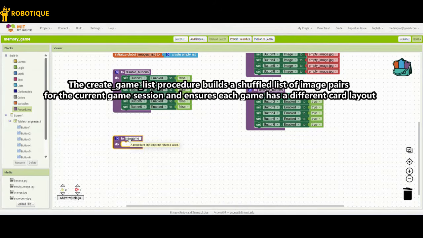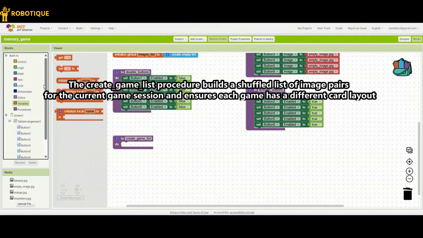The create_game_list procedure builds a shuffled list of image pairs for the current game session and ensures each game has a different card layout.